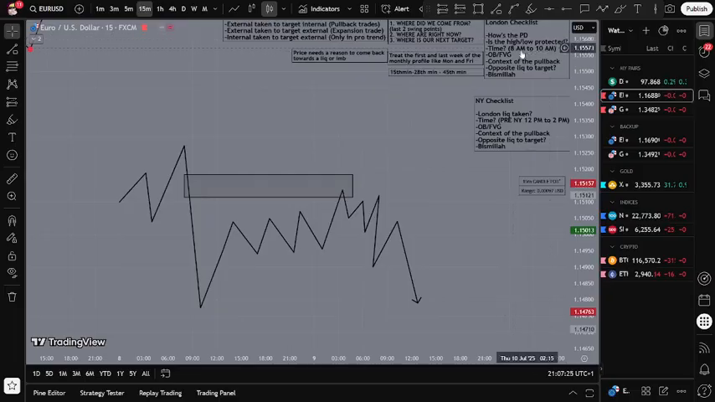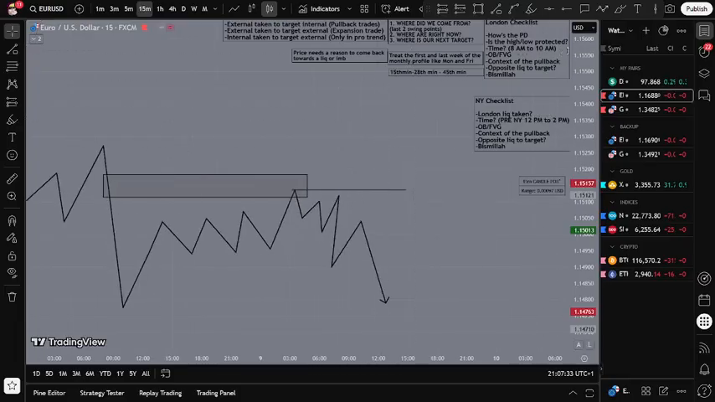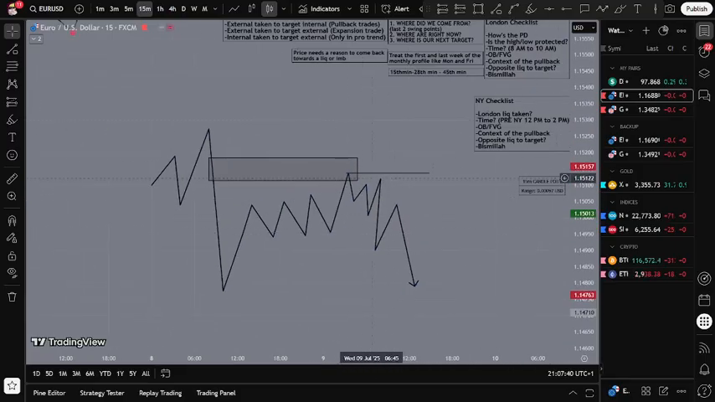And how's volatility? Is the high protected? Let's say, is this London high protected, or this high, the same thing? Obviously time, has London started or not? Context of the pullback. Let's say